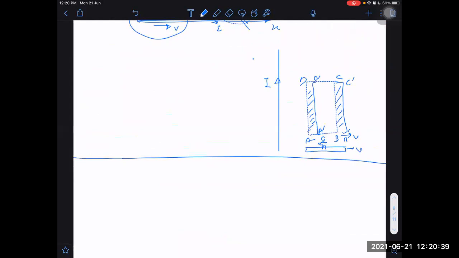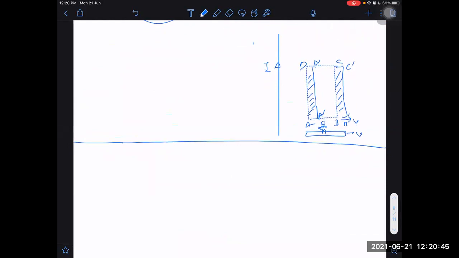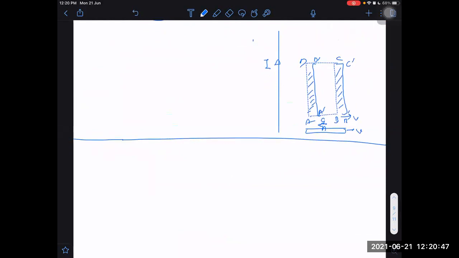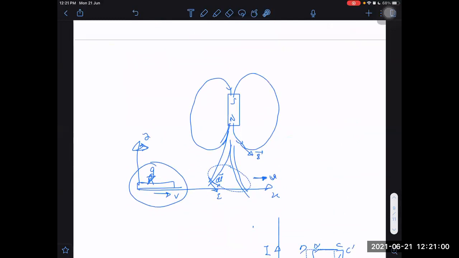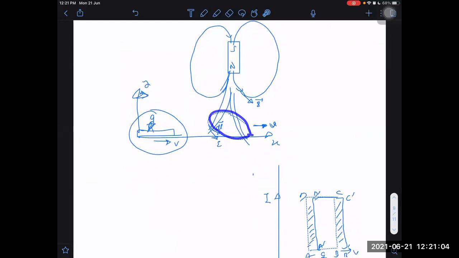Sir, in the above case, with respect to the person, there will be a circuit and current will be passing. If it is a closed circuit, you are right. Not only with respect to the person. If it is really passing, then we can say in all frames that current will be flowing through it. In any case, why are you considering this case to be different from that?